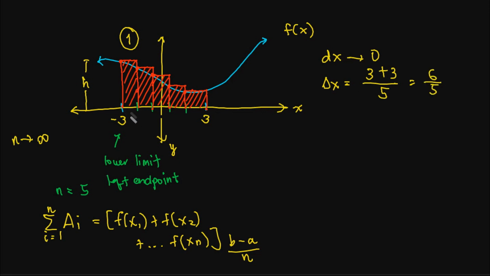Therefore, from this negative 3, what could be the value of this one? So that is negative 2 and then negative 1, 0, 1, 2, 3. So basically, kasi 1 unit lang naman sila, pero yung delta x mo should be this value. So with this, the Riemann sum is equal to, we have first yung length nito, and we have to take